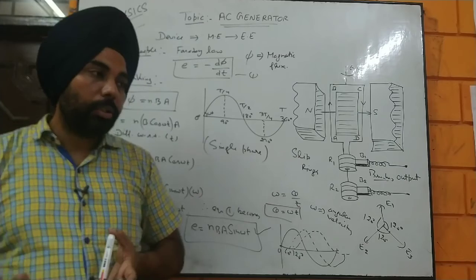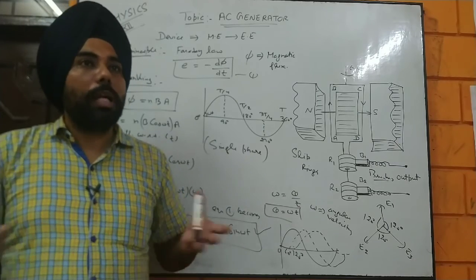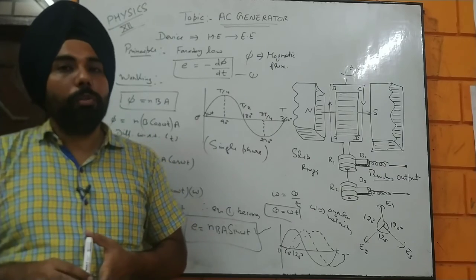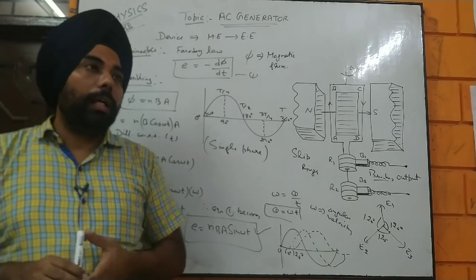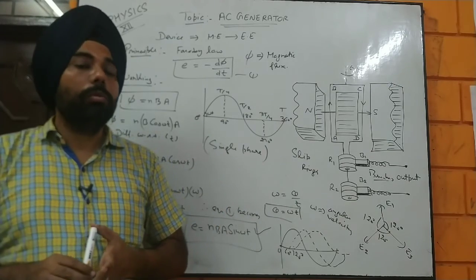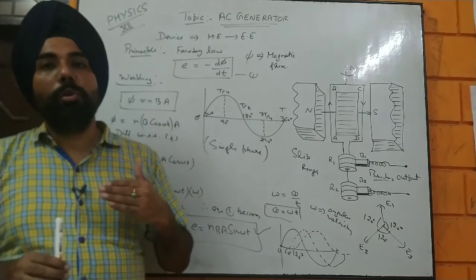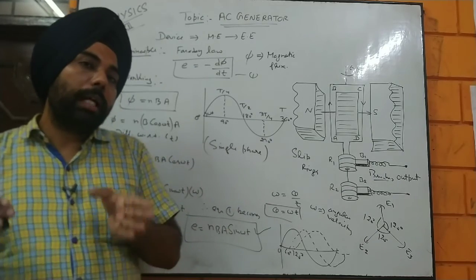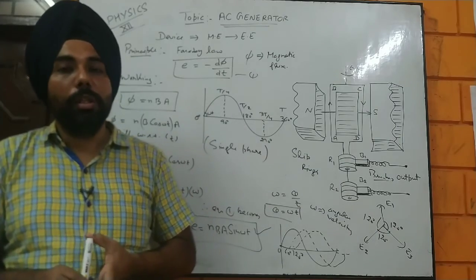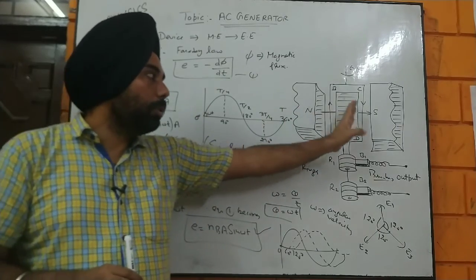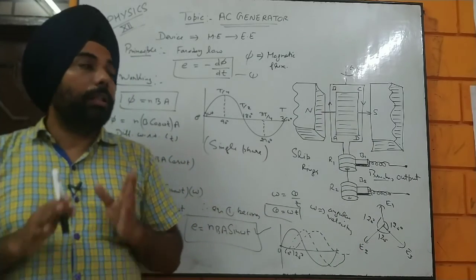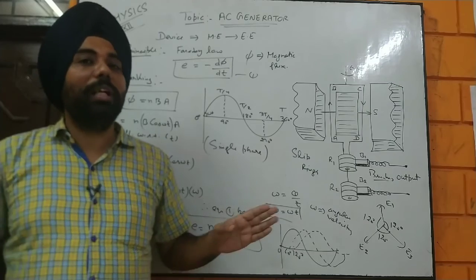And similarly, in a thermal plant, we use the coal's chemical energy, and we make steam out of that, and we move the turbines from that. And in solar plants as well, we use the heat energy of the sun to make steam, which is going to move the turbines, which means the mechanical energy segments are going to be different for all kinds of power stations, but the electrical power system is going to be the same for all. The basic principle and the basic parts are going to be the same for all kinds of generators.